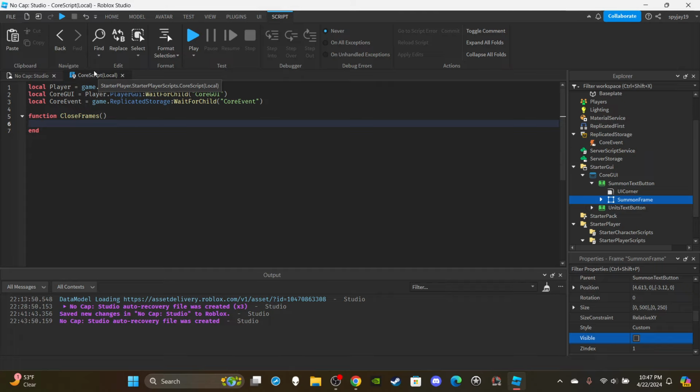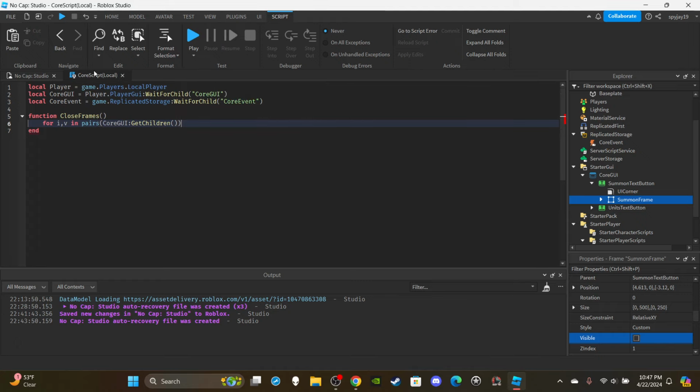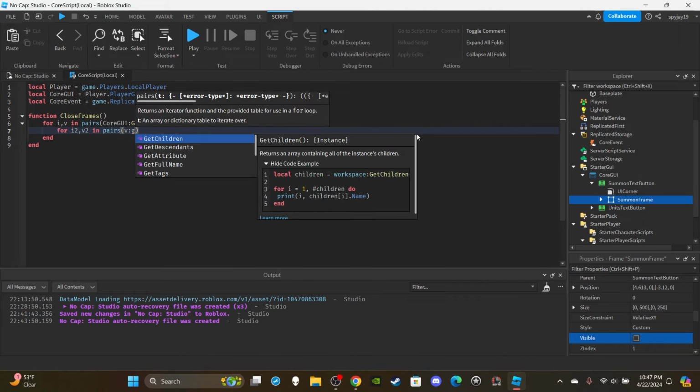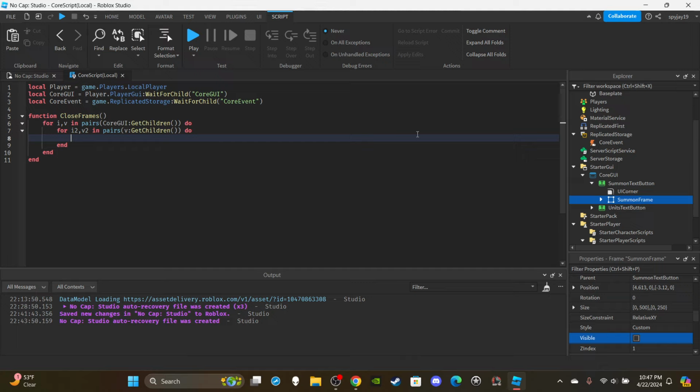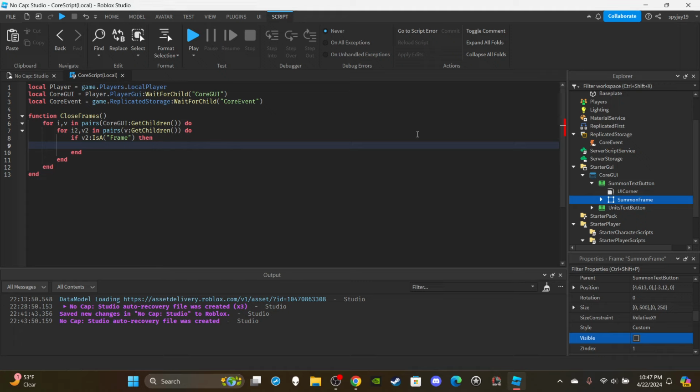The way we're going to close it is we're going to use a combination of 2 for i, v in pairs loops. We're going to say for i, v in pairs, core GUI get children. So we're getting the buttons. Then I'm going to say for i2, v2 in pairs, v get children, which is referencing the buttons, the summon and then the units text button. Then I'm going to say if v2, we need to double check to make sure that they are a frame. So if v2 is a frame,